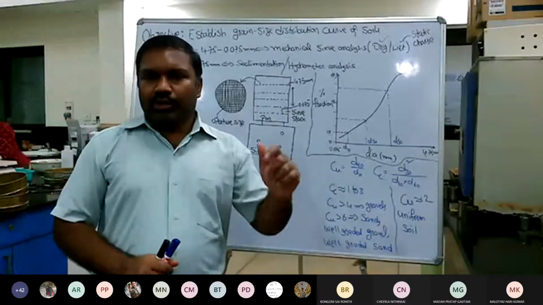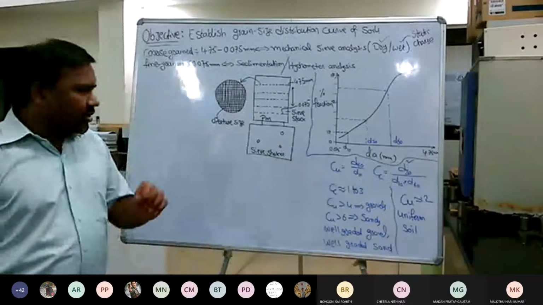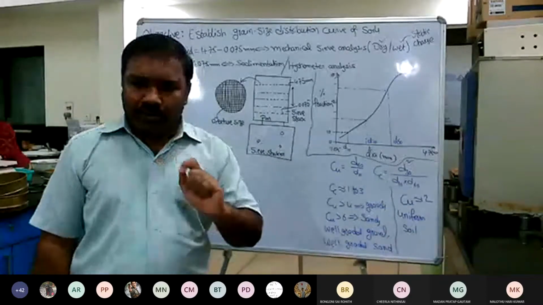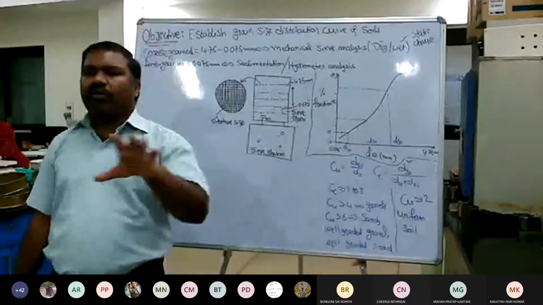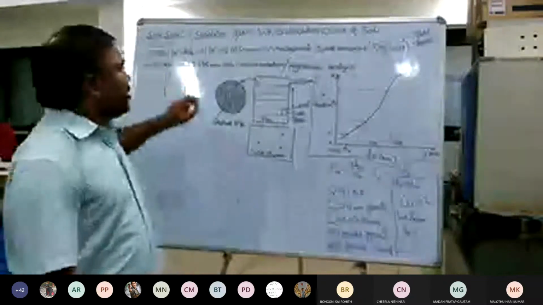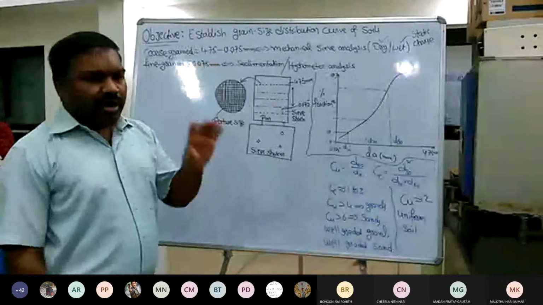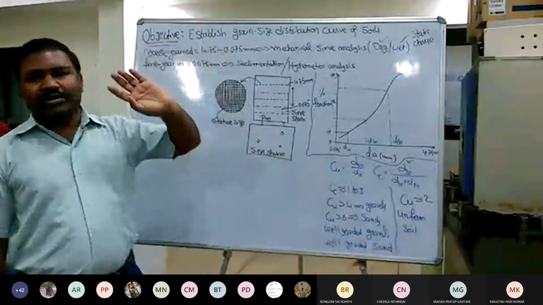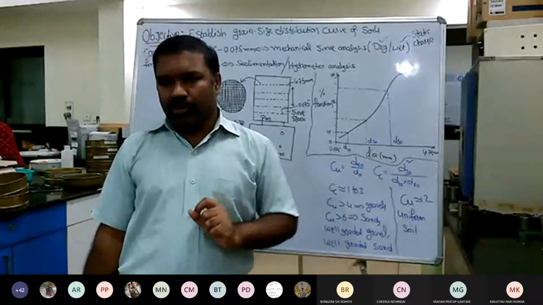Now, one important thing that you must remember as a civil engineer: though I have shown two sieves, each sieve is made for a particular aperture size. But in general, any soil never comprises particles of uniform size. The particle size varies over a wider range. If you want to segregate particles of uniform size between 4.75 and 0.075, you would have to sieve through a couple of hundreds of sieves, which is practically not possible.